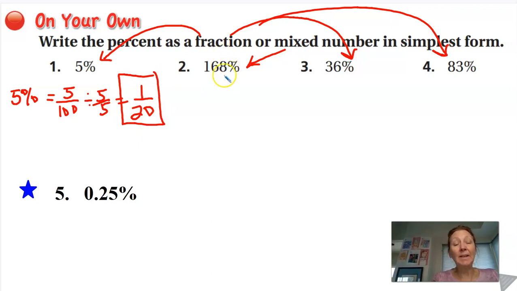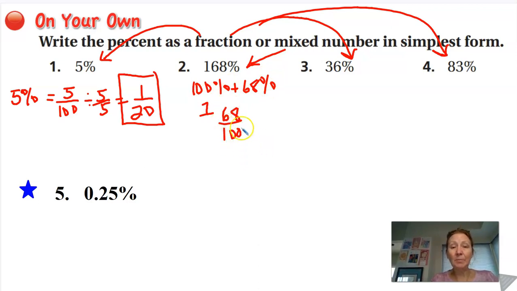Okay, 168. I'm going to do that thing again where I think about this. If I eat 100% of a candy bar plus another 68%, this I already know is equal to 1 whole. I'm just going to simplify the 68%, which is 68 over 100. Let's see, they're both even. I could divide by 2, or I could try to look for the greatest common factor, which I think would be 4. So if I divide by 4 over 4,